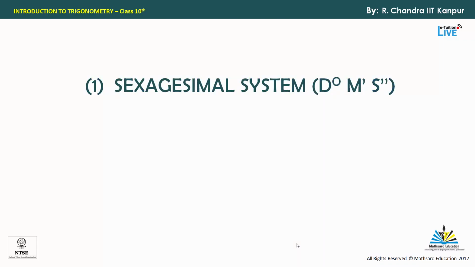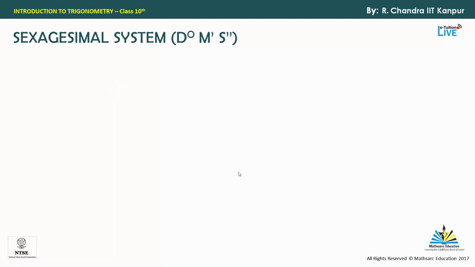So these were the units that we use to measure different kinds of angle: for rays, for circular measurement, and for solid angle. Now we are moving on to the different systems that we adopt to measure angles. First we have the sexagesimal system, that is the degree, minute, second system, and second one is radian, c. These are the two main important systems that we use nowadays, and these are important for NTSC, IIT and other competitive exams. So let's explain one by one. First we have the sexagesimal system. We also call this the